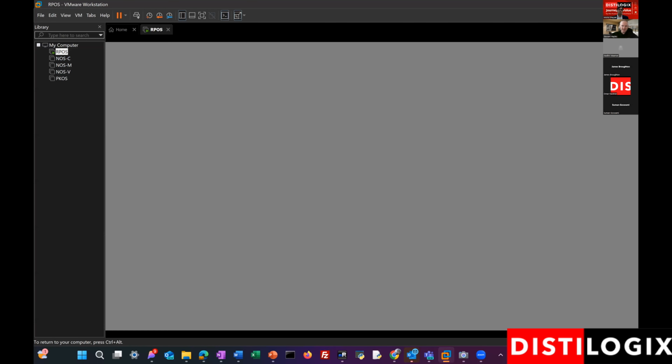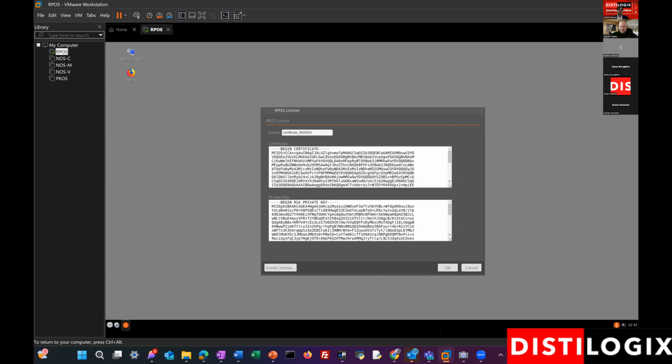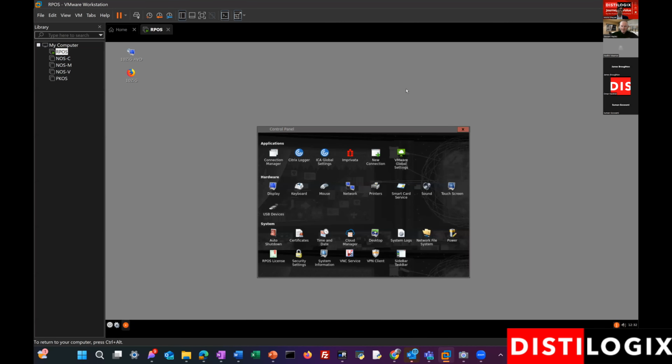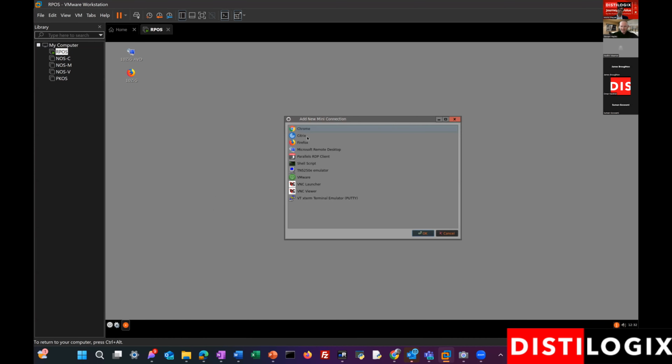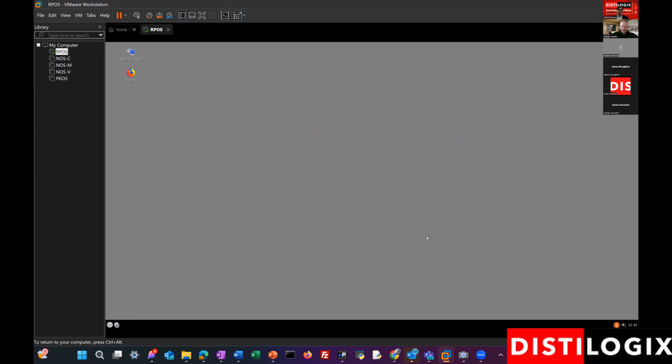and we can have a look at some other things that you can do within the OS. So I'll just close that down. So just going into, so here I have got the control panel. So if you wanted to create a connection, you can just go to new connection. So as James mentioned earlier on, we do support AVD and Windows 365 through this operating system just by creating a Microsoft remote desktop connection. So it could just go into here